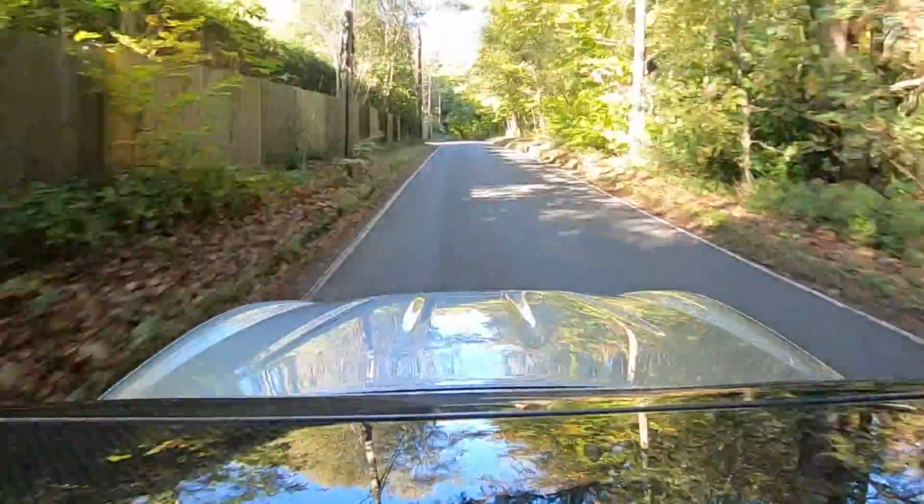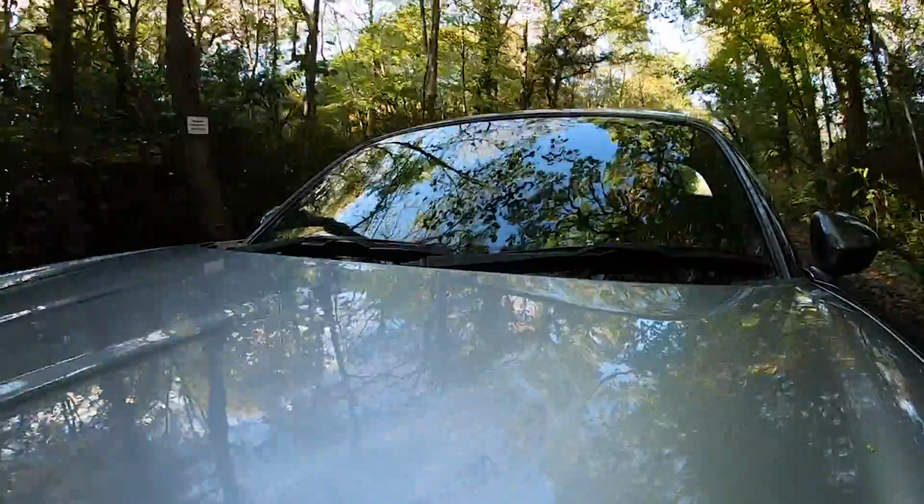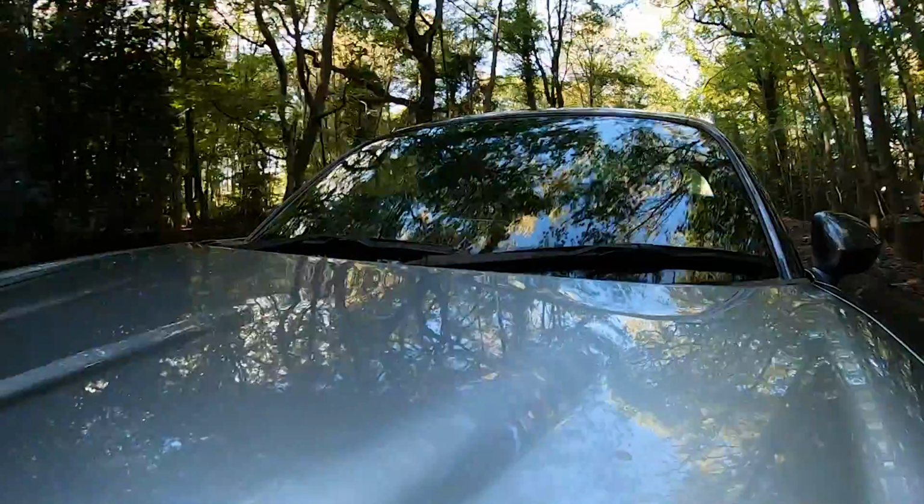Okay, so here we are inside the Abarth 124 GT. Now, there's a bit of a history to these cars. It starts out with an MX-5, then there's a Fiat version, which is the Fiat 124 Spider. Fiat then give that to their performance arm, which is Abarth, and they make the Abarth 124 Spider. So, there's quite a few different models, and Abarth decided they want to do another version, which is